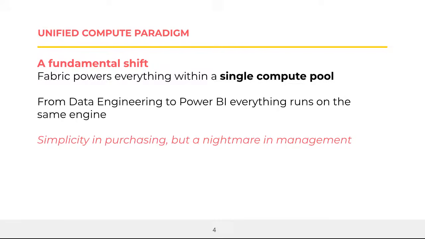Fabric was a fundamental shift. Why? Because Fabric puts everything within a single compute pool. So it's not like in other platforms. Here you have just your single pool. It's a CU, for compute unit. We'll see it in detail. But from data engineering to Power BI, everything runs on the same engine. So here you don't have to provision, you just have your CU, and if your CU is enough, you don't have to buy more. But with that, you are facing a pretty weird issue, because it's very simple